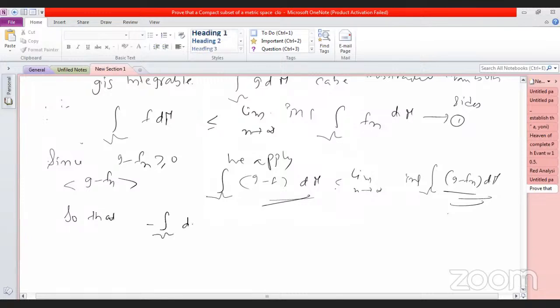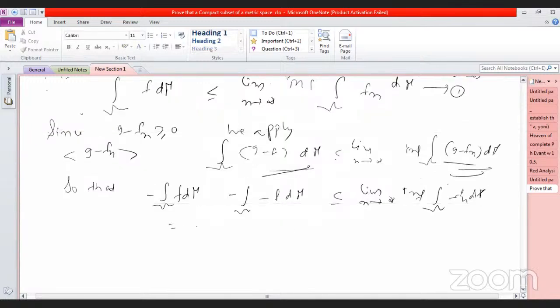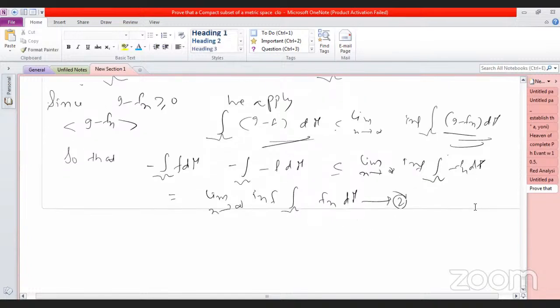minus the integral of F d mu is equal to the integral of minus F d mu, which is less than or equal to the limit, as per Fatou's theorem, of the infimum of the integral of minus Fn d mu. So these two conditions, the second condition, we are writing here: the limit as n tends to infinity of the infimum of the integral of Fn d mu. That is equation 2. So from 1 and 2, from Fatou's theorem also, we are applying that limit